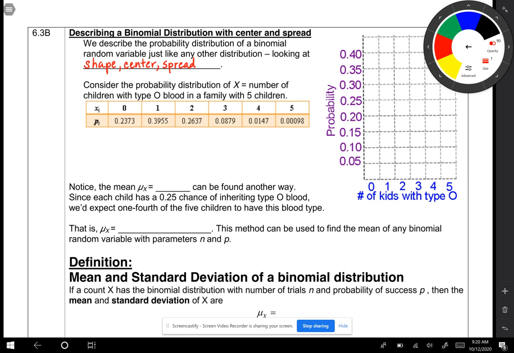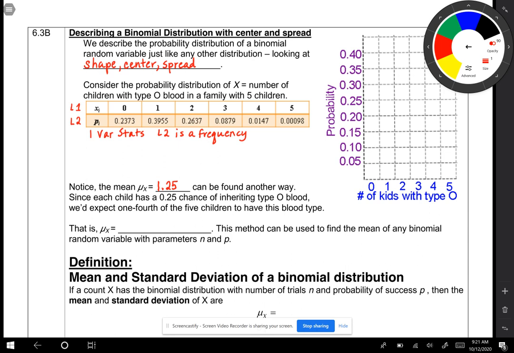Consider the probability distribution of X, where X equals the number of children with type O blood in a family with 5 children. Below you see a probability distribution. So you have the row indicating the number of children 0 to 5 and their probabilities on the bottom row. We could put this in list 1 and the probabilities in list 2 and do a one variable stats, where L2 is your frequency, and that'll give us our mean and standard deviation. When we do that, we get the mean to be 1.25,